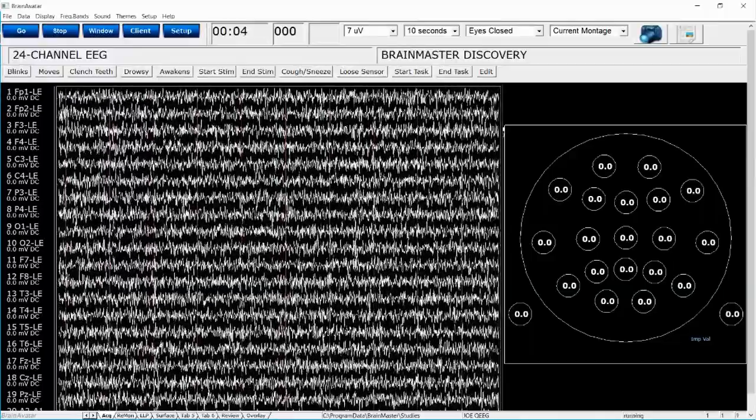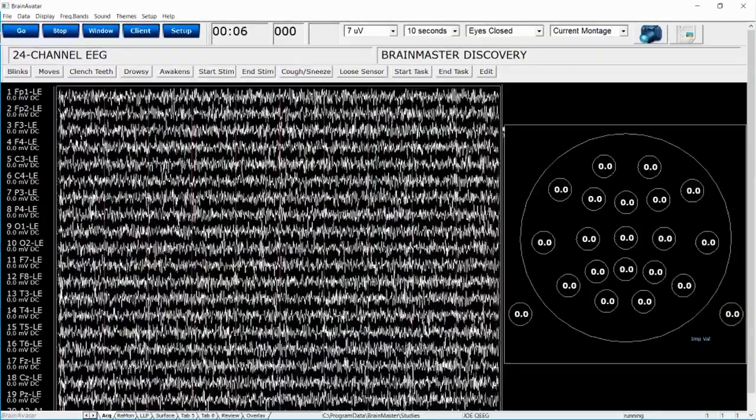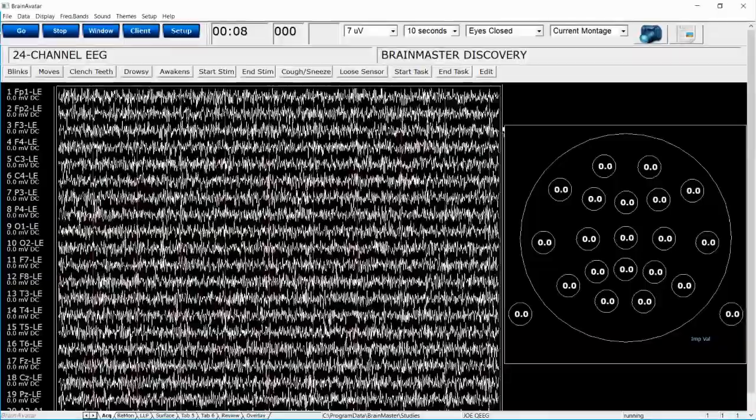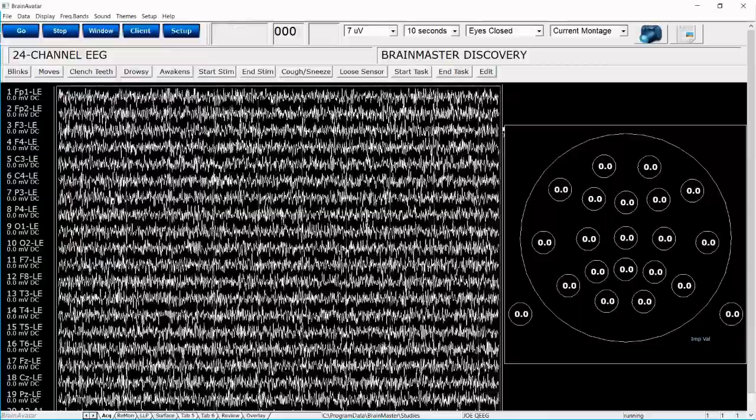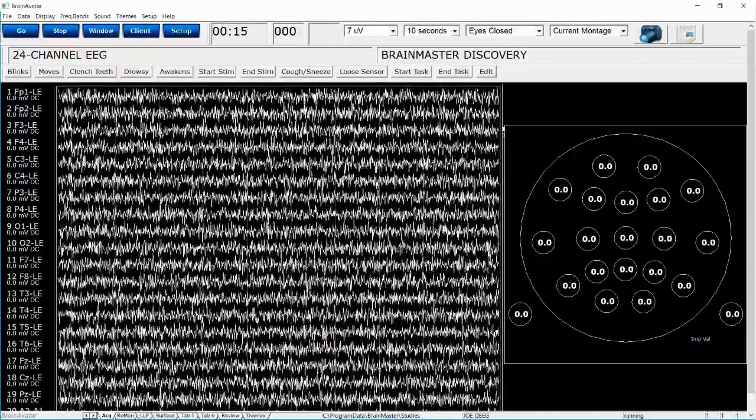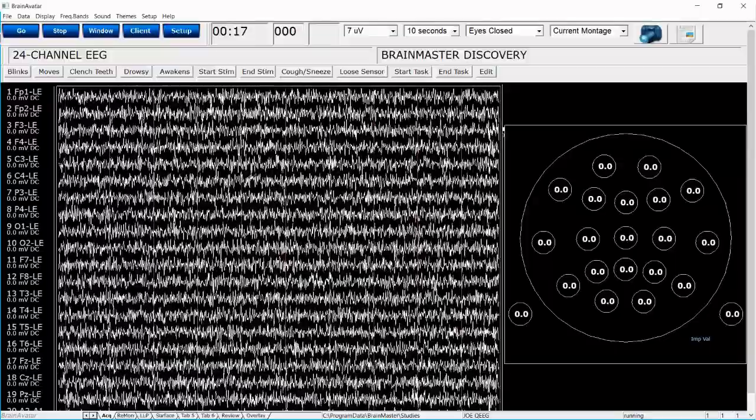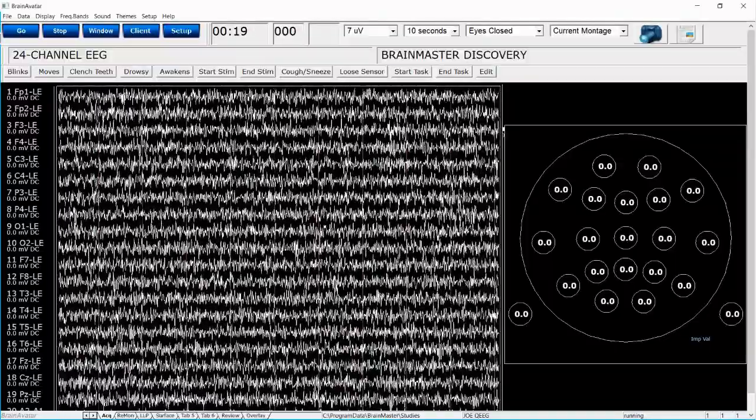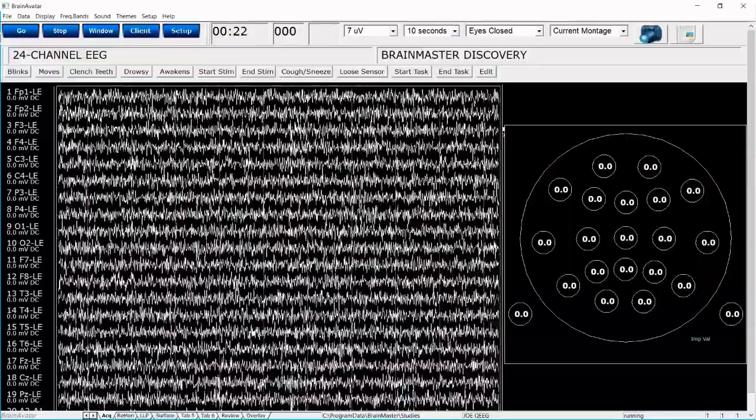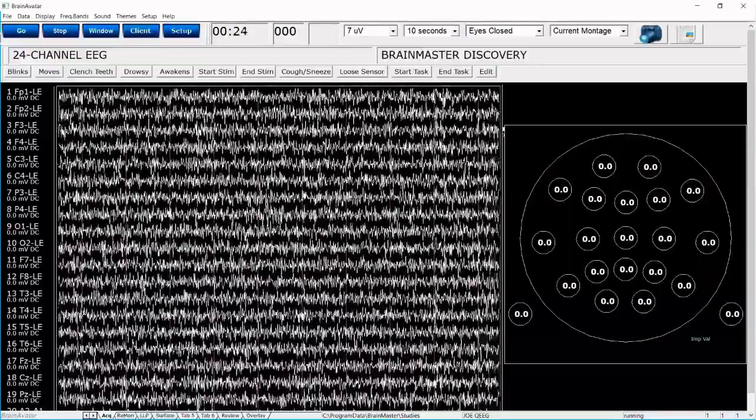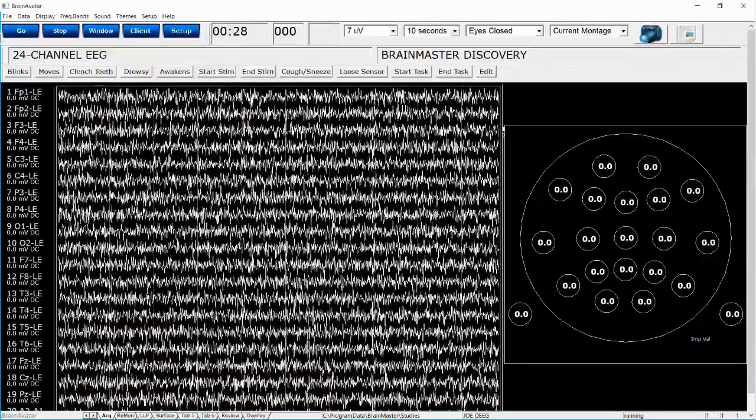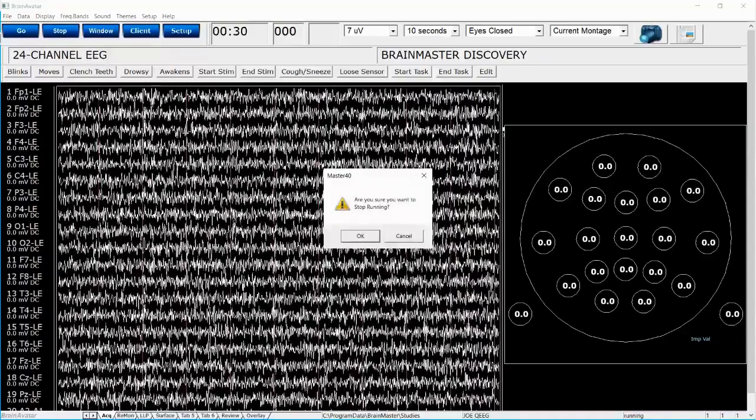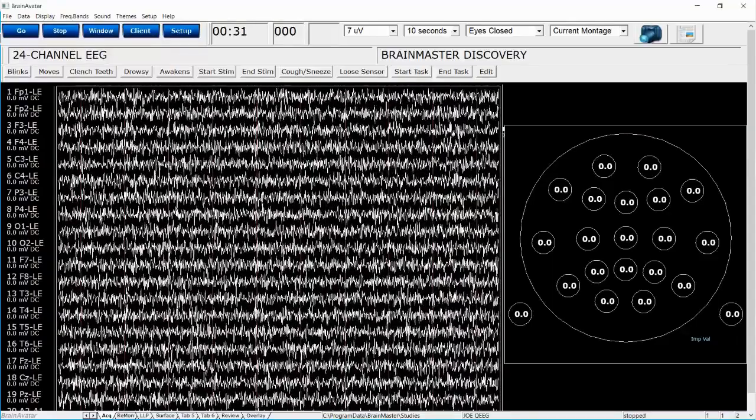Now we're noticing the clock. It's at 3 seconds, 6 seconds. You will do a recording that is likely at least 3 minutes or more with eyes closed. But we're going to do it for 30 seconds. And once we reach 30 seconds, I'm going to click stop. Now we have 31 seconds of data